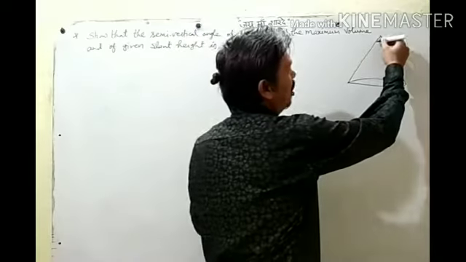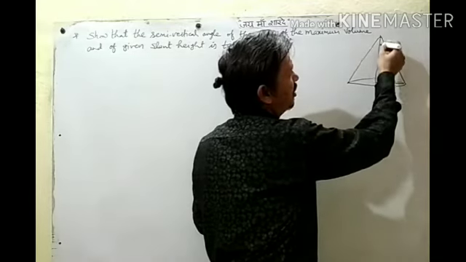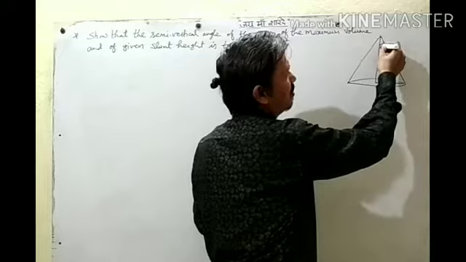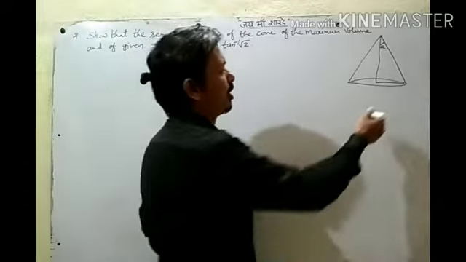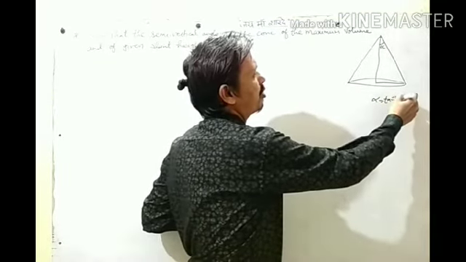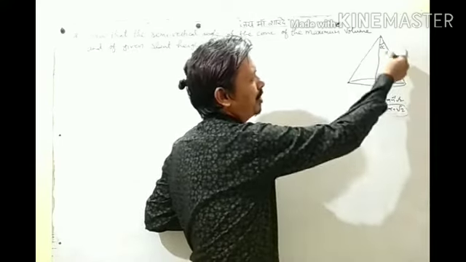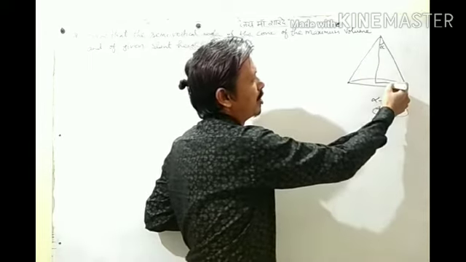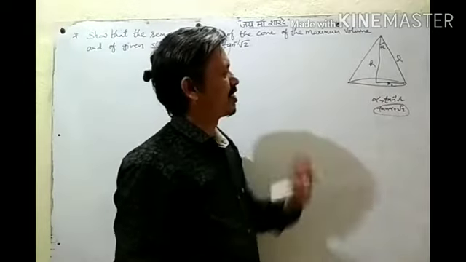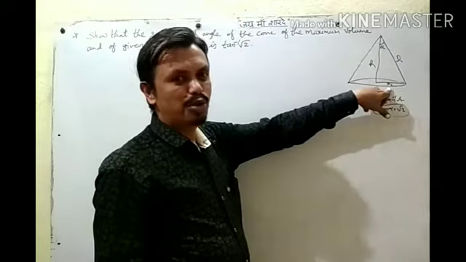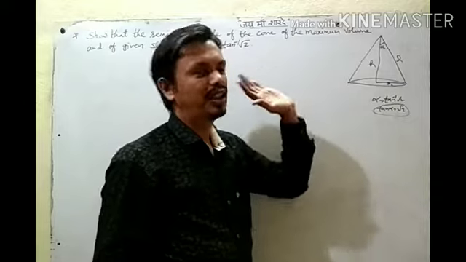This angle is called the vertical angle, and when we draw this height, this is the semi-vertical angle. So it is alpha. So alpha should be tan inverse of root 2. This we want to show. It means tan alpha is root 2, and tan will be P by B. So it is R by H, and we need one relation between R and H. R should be root 2 times the height. If we show it like this, we get tan alpha equal to root 2.